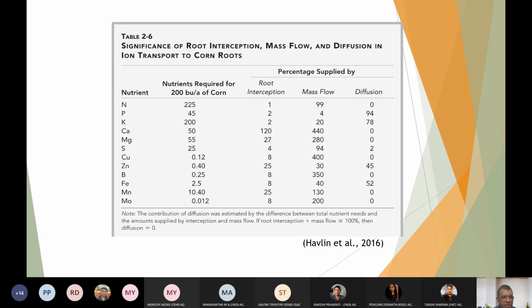And potassium largely moves by diffusion and also by mass flow. Calcium mostly by mass flow and root interception. And you can go through it. And calcium, magnesium, there is zero diffusion. They cannot diffuse. Calcium and magnesium cannot diffuse. So under the diffusion heading, if you see 0, 0, 0, it means there is zero diffusion and there may be some other mechanism. So you can study this list.